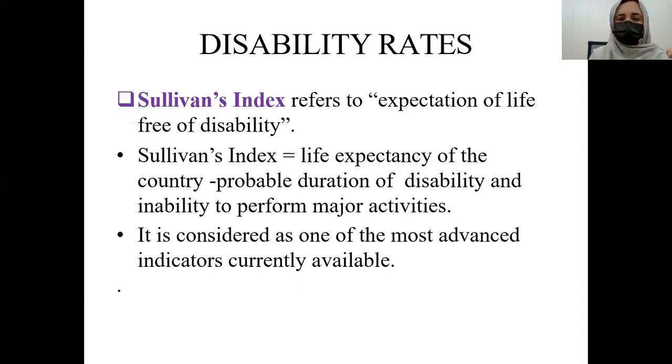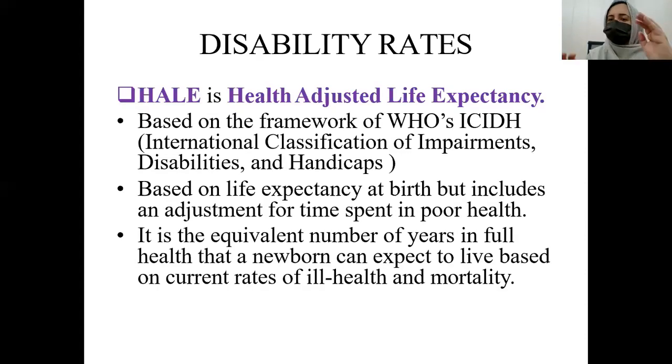What is meant by Sullivan's index? Life expectancy of the country minus probable duration of disability and inability to perform major activities. सिंपल लफ्जों में आप कह लें, एक्सपेक्टेशन ऑफ लाइफ फ्री ऑफ डिसेबिलिटी। ये हर कंट्री को कंपेयर करते हैं, तो जिस कंट्री का सुलिवान्स इंडेक्स ज्यादा होगा, उसमें लाइफ एक्सपेक्टेंसी बहुत ज्यादा है और डिसेबिलिटी के ईयर्स बहुत कम हैं, इट मीन्स कि वहां के लोगों की क्वालिटी ऑफ लाइफ बहुत अच्छी है। डिसेबिलिटी के जो साल होते हैं, वेदर वो इनिशियल फेज में हैं, मिड में हैं, एंड में हैं, उनको हम लाइफ एक्सपेक्टेंसी में से सब्ट्रैक्ट कर देते हैं।